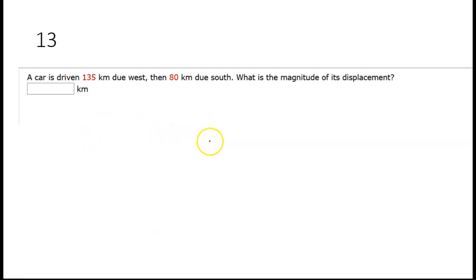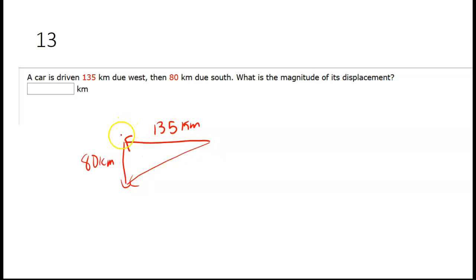If a car is driven due west 135 kilometers, and 80 kilometers due south, again, our resulting displacement, and I'm adding these two together, head to tail, one displacement plus another displacement will give us our total displacement, that straight line that connects beginning to end, and I can find that simply through the